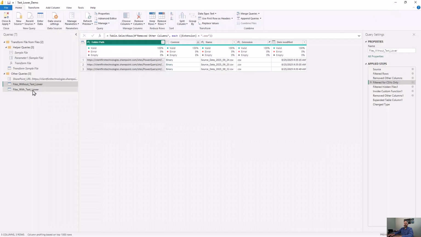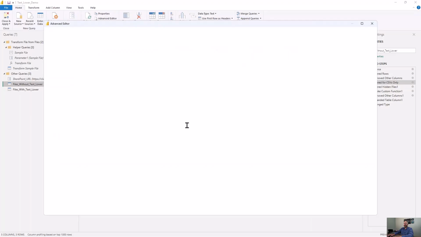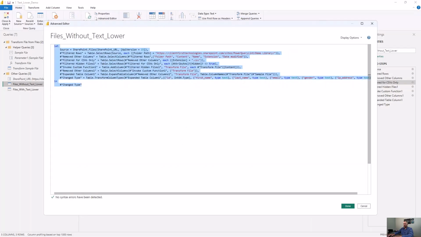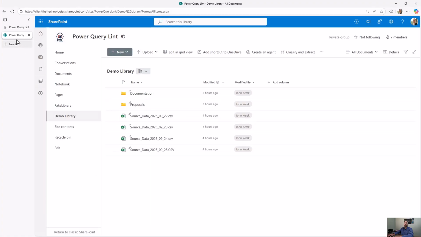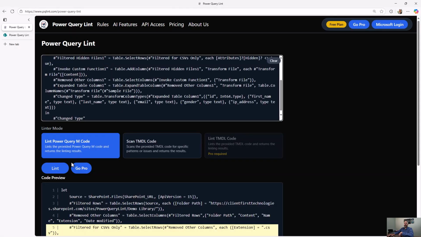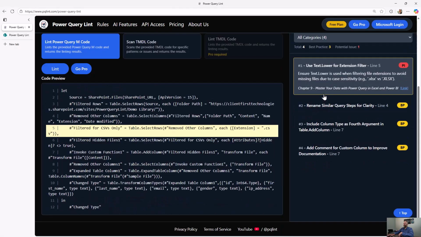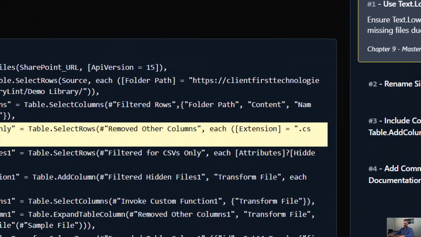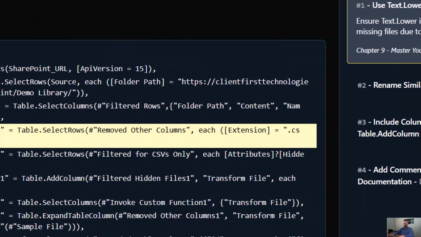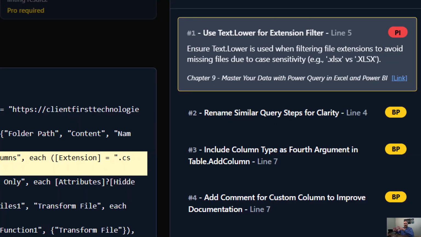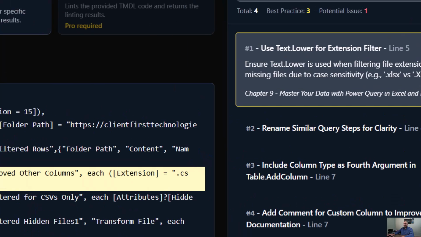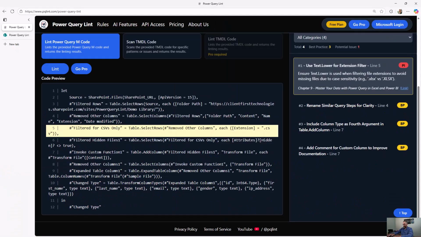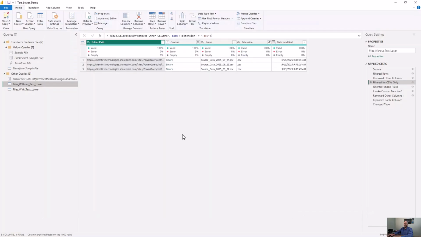Well, if I was to go in and go to Advanced Editor, copy this Power Query code, and I go to Power Query Lint, paste it, lint it, you'll see that the message highlights that extension in CSV. And the reason is Power Query is case sensitive. So to get around this issue, what you can do, simple fix, and I'll show you with a different version